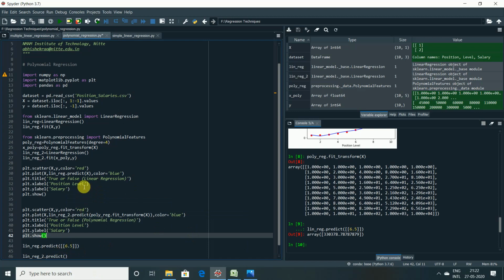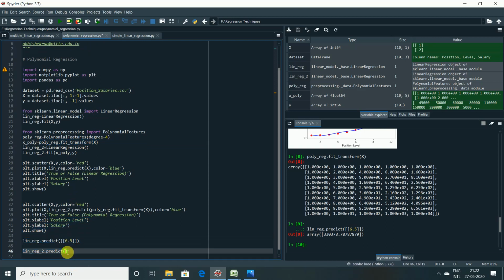We need to write poly_reg.fit_transform; in place of x, I write the value. So poly_reg.fit_transform of, again, 6.5. That should be in a double bracket, because the input should be in terms of an array.